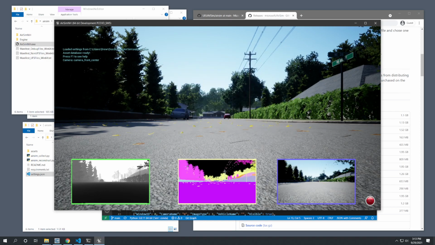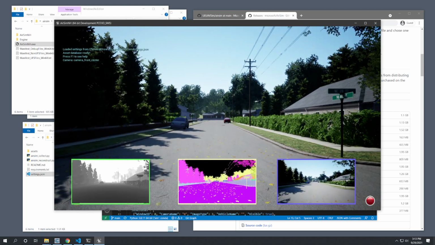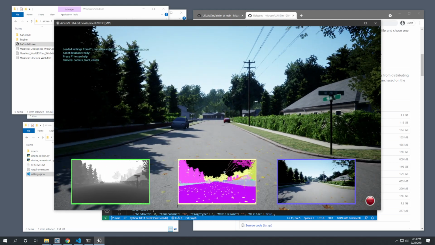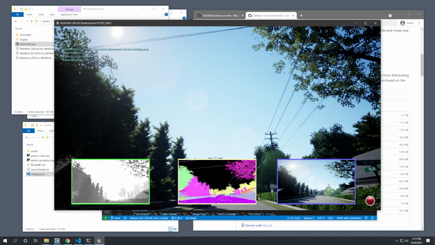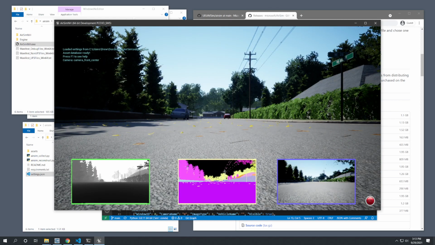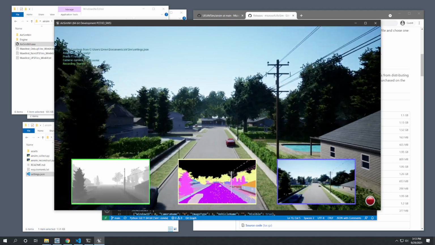Basically I can control the camera with commands such as Page Up and Page Down to go up and down. The arrow keys let me go forward, backward, left, and right. I can use the A key and the D key to yaw, and W and S to pitch the camera. And then Backspace will reset everything back to the origin. If I hit the R key, that will start recording. It's configured to only record when the camera moves. So once I start moving, it will begin recording every frame